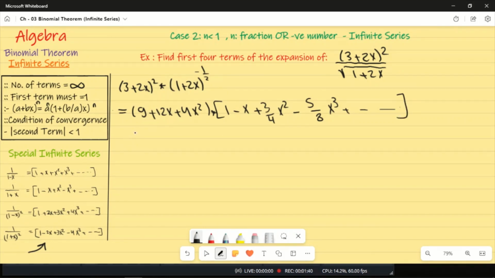So here just multiply 9 by this series, plus 12x into this series, plus 4x squared into this series. Okay, so equal to